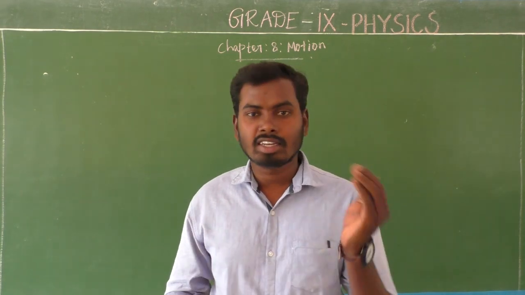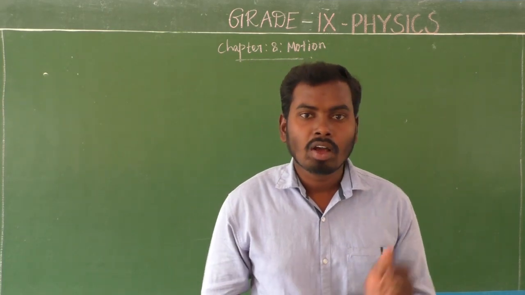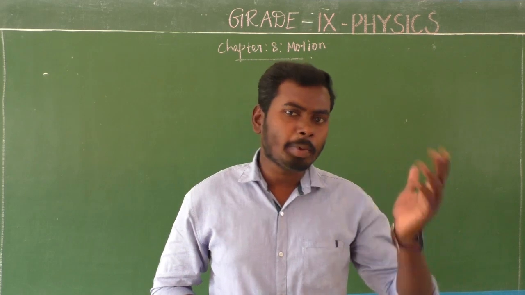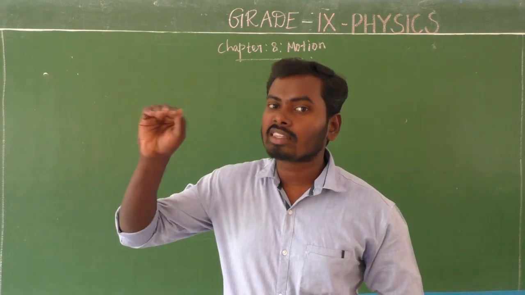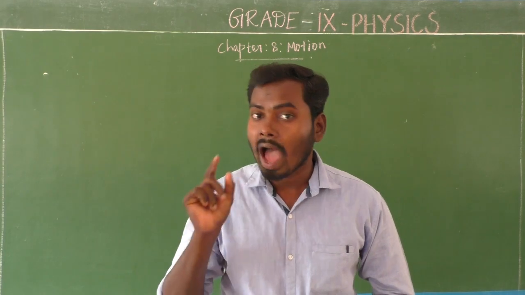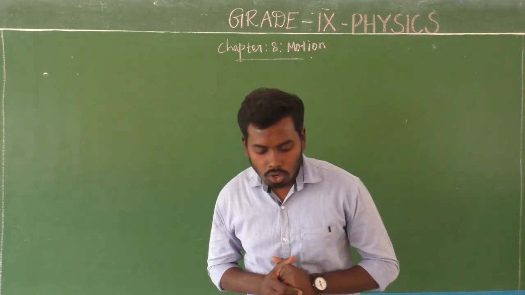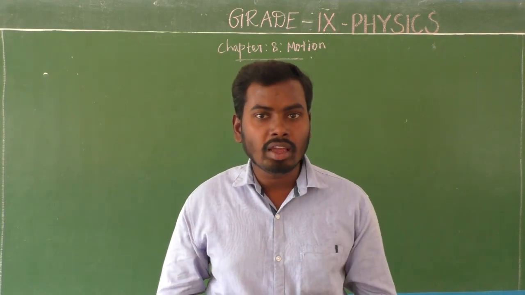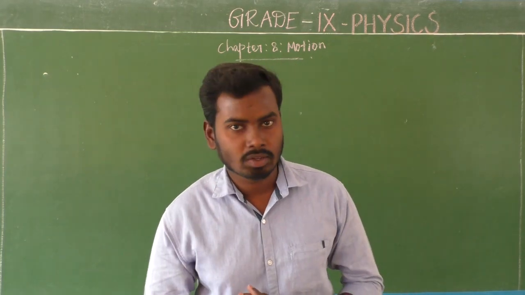That is the velocity time graph. What graph? Velocity time graph. So the distance time graph is used to find out the speed of the object. Then what about the velocity time graph? Velocity divided by time is equal to what? Acceleration. Very good. So the velocity time graph is used to find out the acceleration of the object. What quantity?